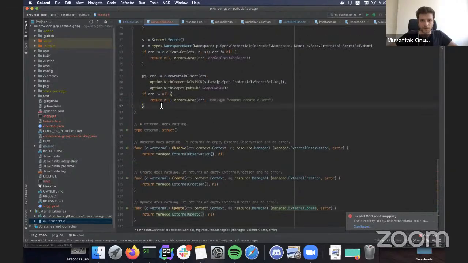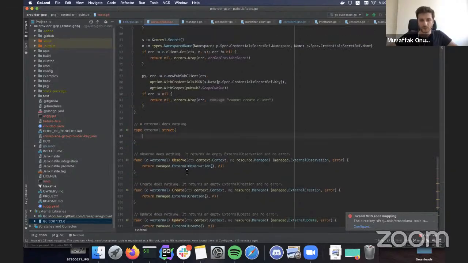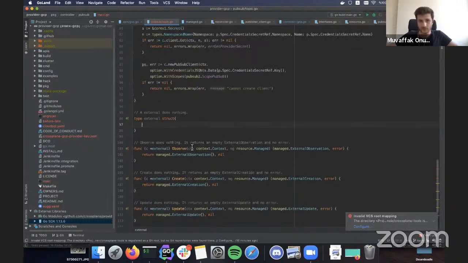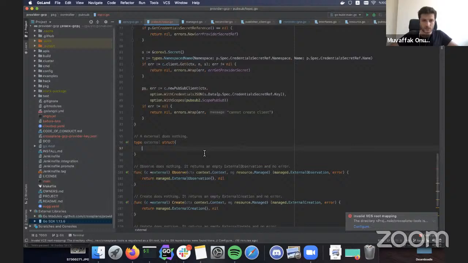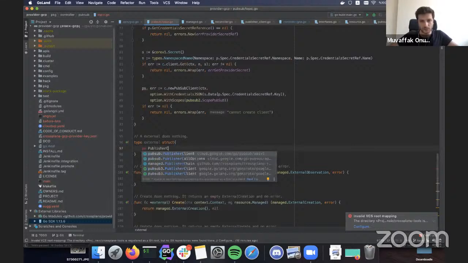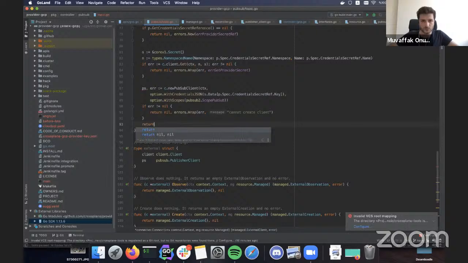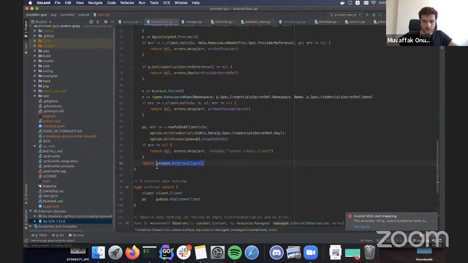All right. So in order to call GCP APIs from these methods, we need a client. This is called publisher client, and we will also need the actual Kubernetes client. Okay, so return. No, actually.